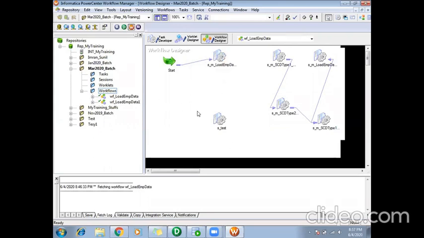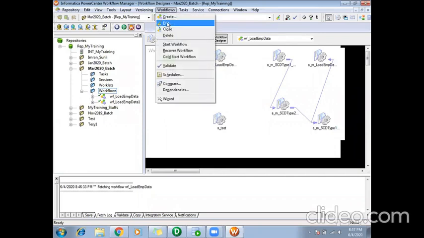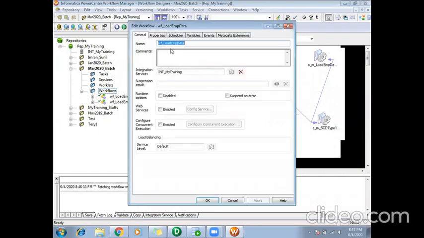So first of all, when I create a workflow and go to the edit section of my workflow, you can see that for every workflow there will be an integration service attached here. This we won't do. It will be configured by the Informatica support team. They might have already assigned an integration service to your project folder.